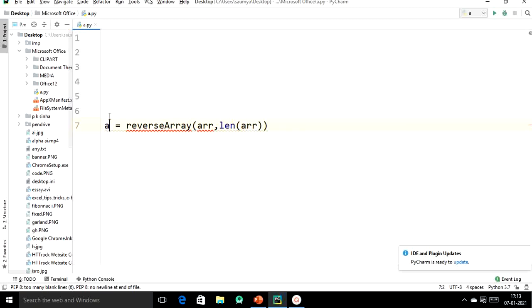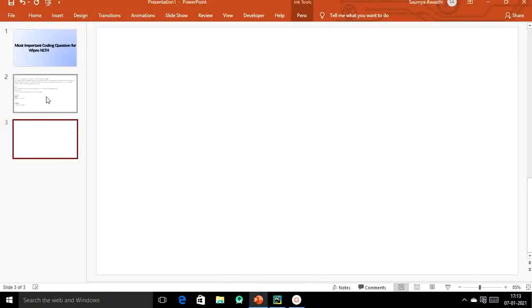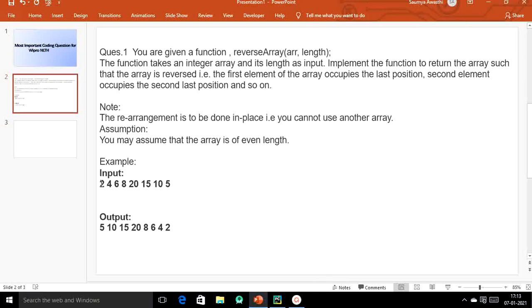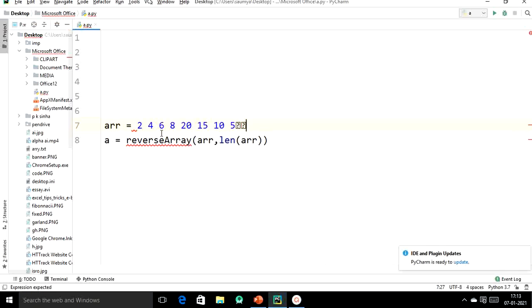So let us declare the list as well. Let me copy the same elements, right, to reduce my efforts. As this is a list, let me put the commas here also. Yeah, so this is our list.